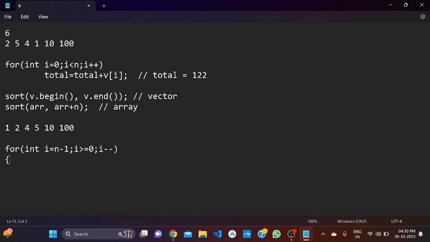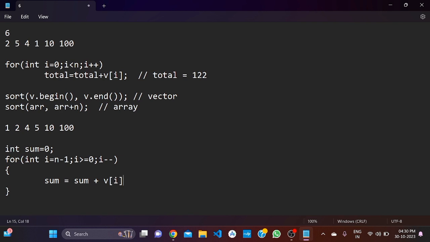Before it, you first make an int variable sum equal to 0, and in the loop you add sum equal to sum plus v[i], meaning you are adding from the last. Here you add one condition, that if your sum is greater than total by 2,